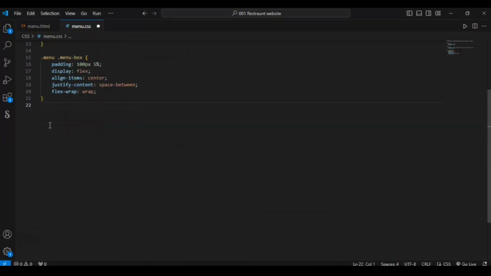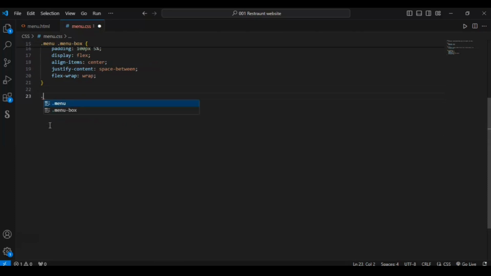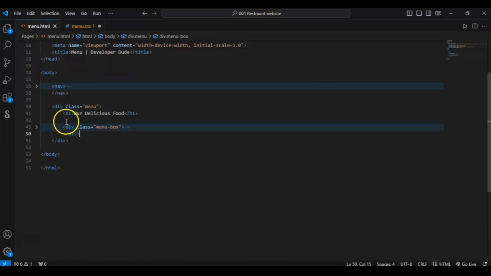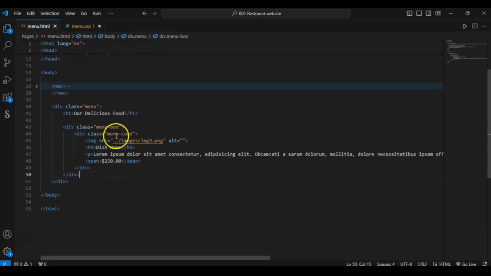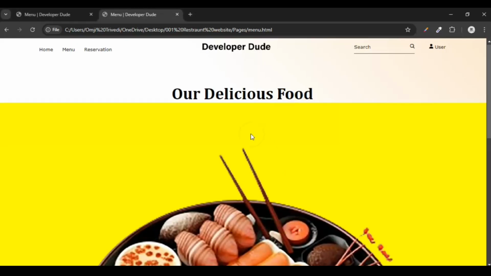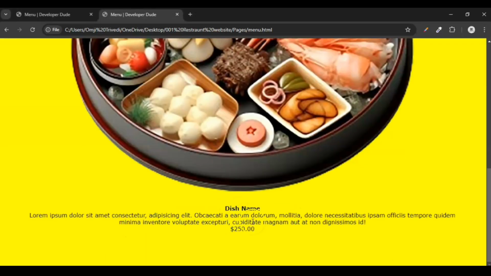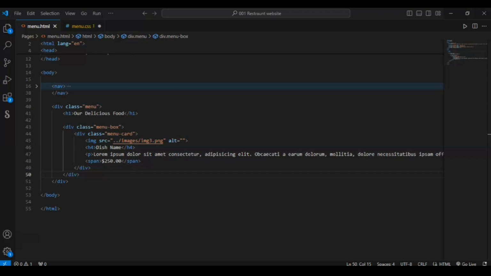So now let's target the menu card. This is the menu card, in which we have this photo, image and all this heading, dish name. So now we are targeting this menu card.